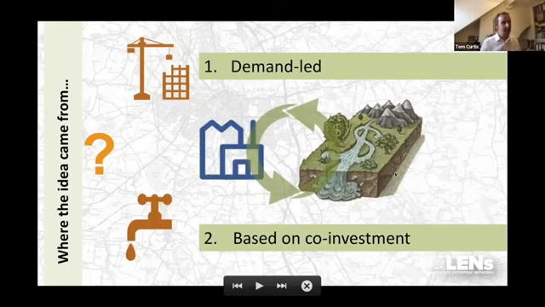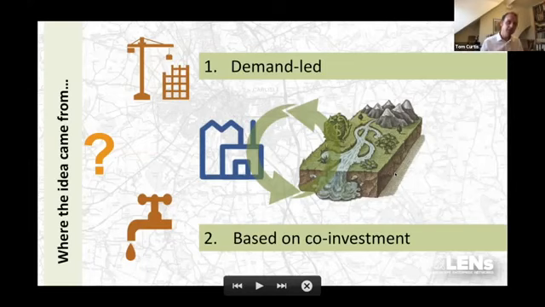And that's the first key tenet of Lens, is that we start to look at the landscape from the perspective of demand. We start to understand a landscape and the quality and performance of a landscape from the perspective of the organisations that we were going to try and engage as customers of that landscape to pay for outcomes from that landscape.